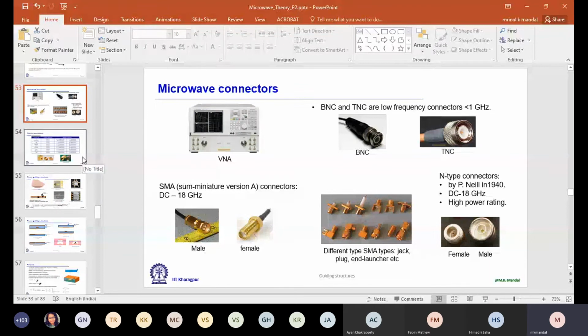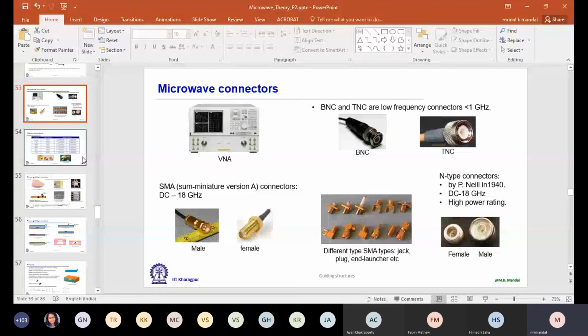Here what I was going to discuss is, when you are going to buy some connectors, there are so many different categories. So you have to first select which category you want to buy. Is it a SMA? SMA stands for sub miniature version A. It is a SMB, sub miniature version B. SMC, sub miniature version C. Again, we have sub miniature version P. SMP can go up to 40 gigahertz.